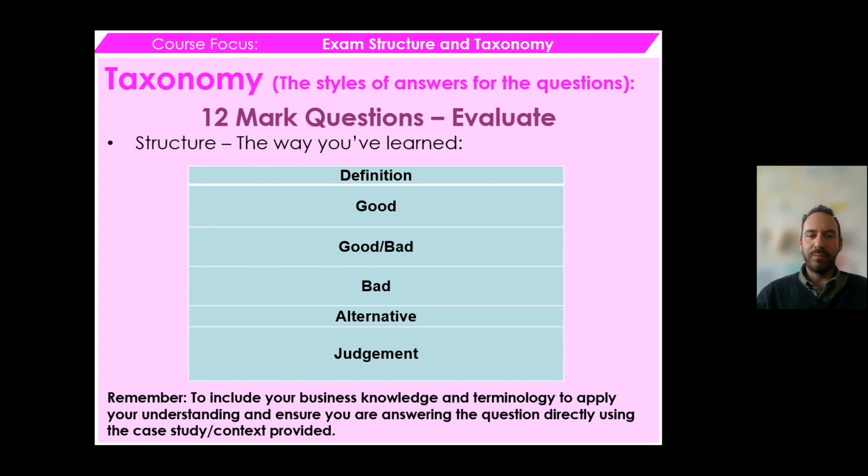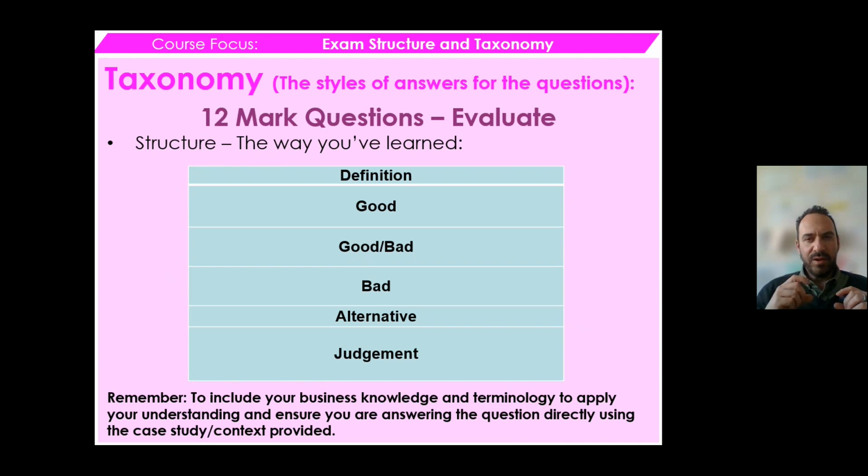When we say good or bad, we're talking about positives and negatives. We're talking about benefits and drawbacks. We're talking about the idea. When you get an evaluate question, it's a little bit like a 9 marker, but instead of giving you the 2 options, it's generally giving you a statement and you're kind of arguing both sides of that one statement. So this is a skill. You're trying to work out whether overall it is a positive, so it's, to what extent do you agree? Whether you agree with it or disagree with it, and that is what you're arguing for.